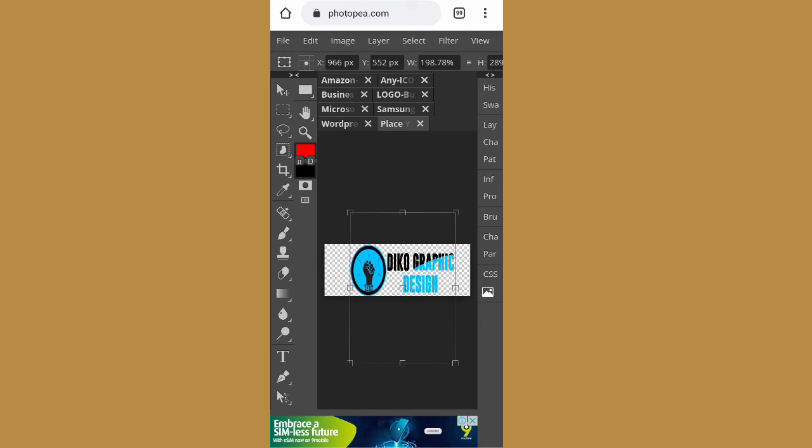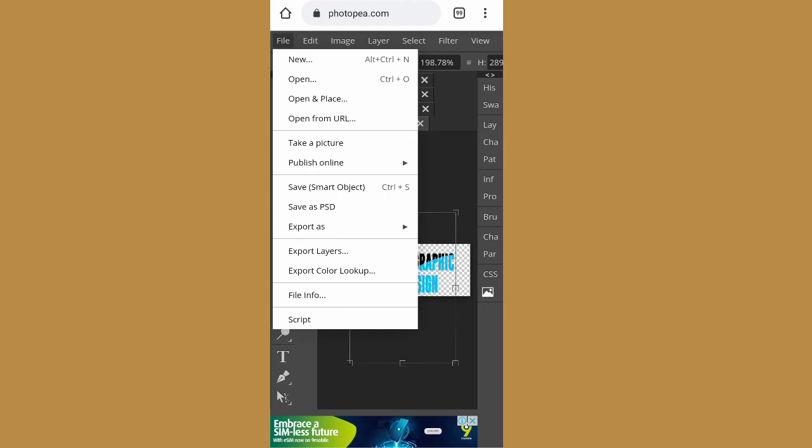Now, after you might have spread it very well, the next thing you will do is just click on this file again. You want to process it. You see, and look for save (smart object). Assuming you are working with a system, you just click Ctrl S. But here I'm running it on my phone. When you click file, you see the option save with smart object. You will save it there.